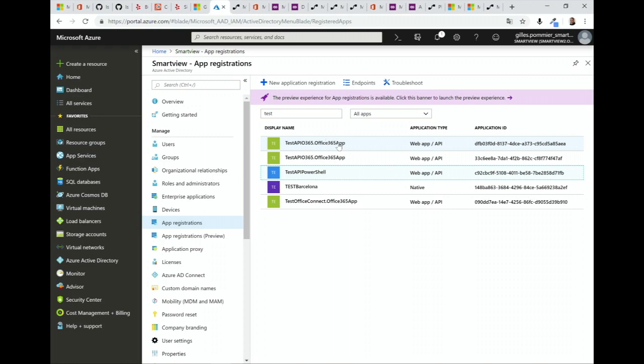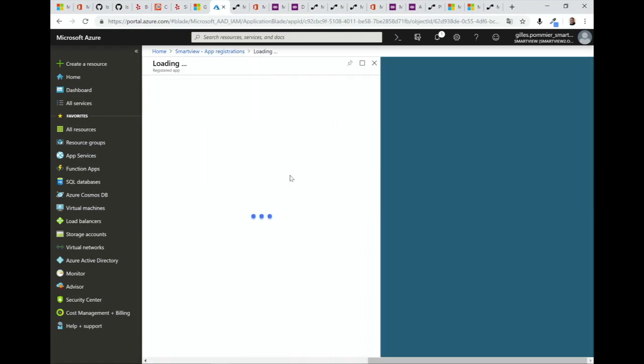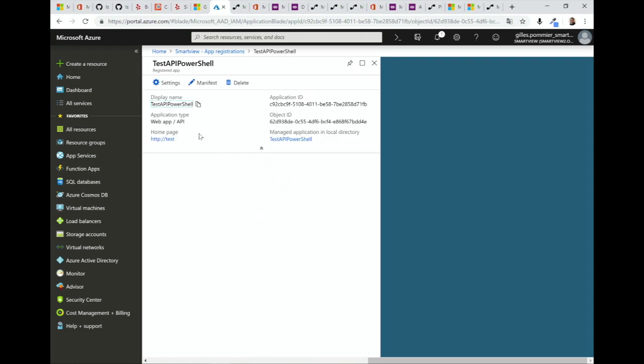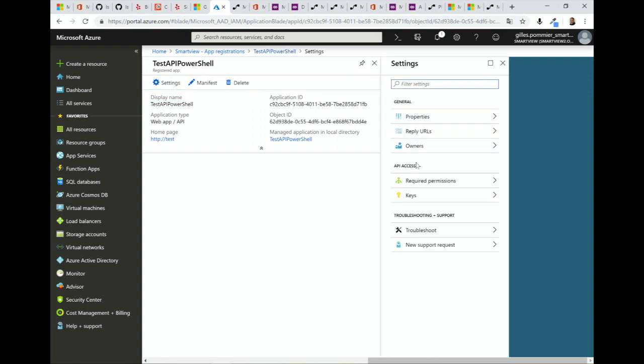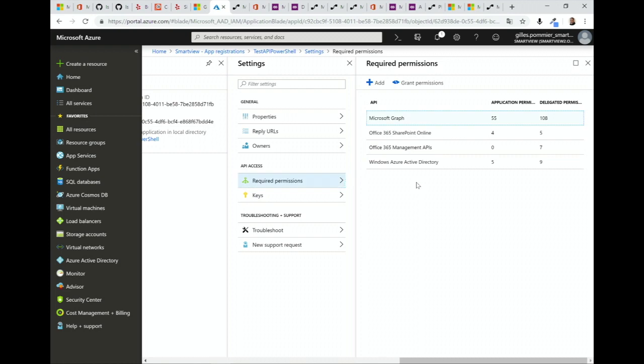For example, I will use this one, the Test API PowerShell. And in Azure, if I go to the settings, this application will have permission to access Microsoft Graph. So this application is independent, it has different authorizations, and I give it the authorization to access Graph.